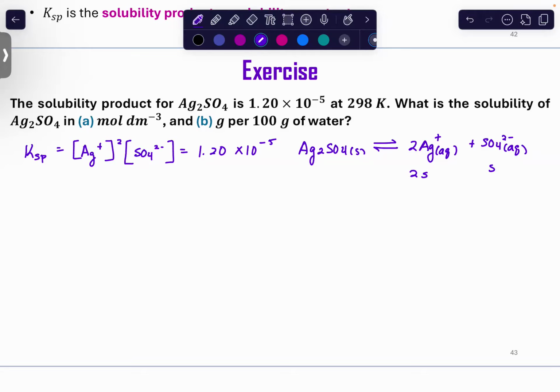But when I look at the silver sulfate to just the silver, I'm going to have to get 2 times that solubility to equal the number of moles of silver I get in solution. Sure. So that's the way you're kind of looking at it. And so then what you have is 2s squared times s